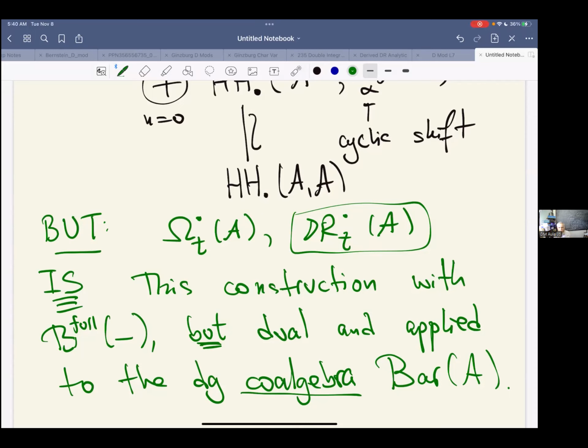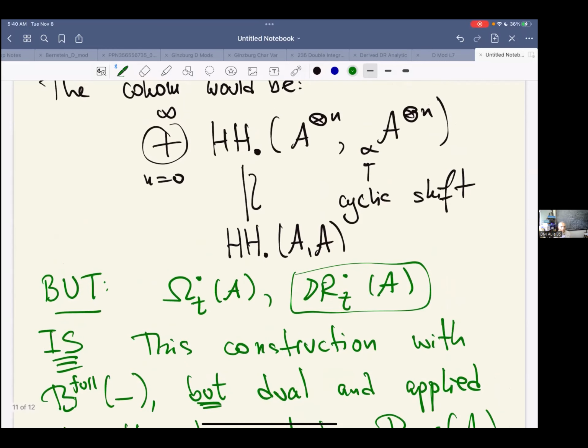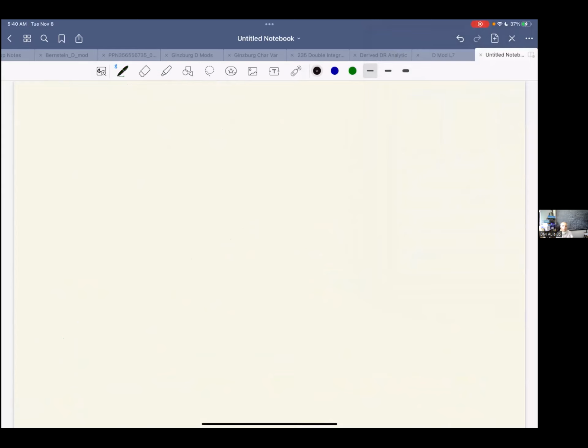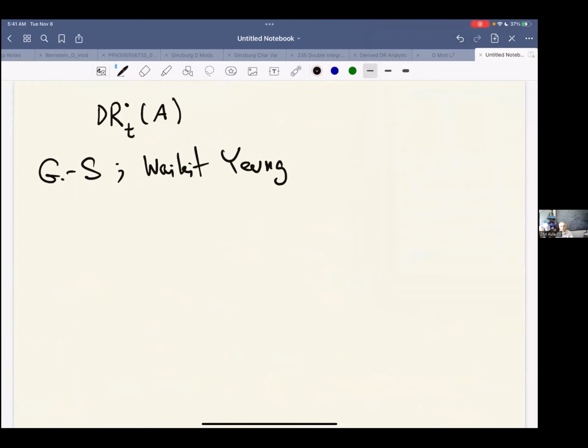Also, let me just stress that this touches upon a lot of things. So first of all, the thing I have here is very much related to, well, non-commutative Frobenius of Kaledin, but also more immediately, maybe one application of this, I think due to Ginzburg-Schedler and Schedler, and then an extended version of Waikit Yeung, that it relates...